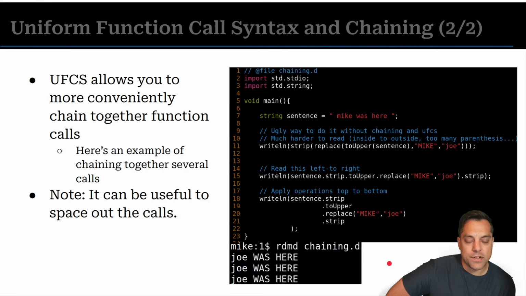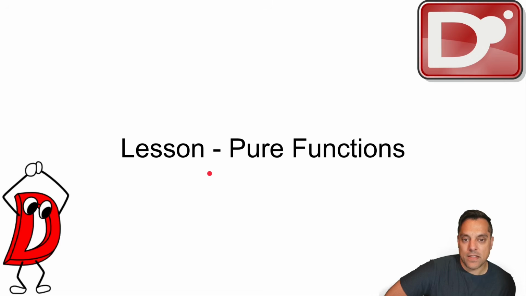Overall here. Here's another example, just showing you some more of what you can do and how it's handy to be able to chain these together. You can chain them up and down or whatever. I don't know why I nested these within the writeln, because clearly I showed you could get rid of those. So anyways, we can do better and get these into truly one-liners.